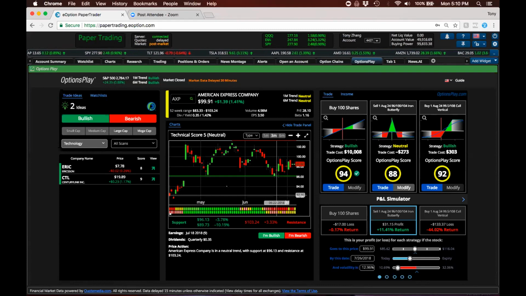Someone showed me their Thinkorswim platform, which has something Thinkorswim calls IV percentile. It tells you the percentage of times in which the stock's implied volatility is lower than the current implied volatility. Is OptionsPlay going to have something available? So there's a reason that we currently don't offer this, which is that IV percentile only tells you where it is compared to history. It doesn't tell you where IV is going to be in the future. It doesn't tell you whether IV is going to go higher or lower.